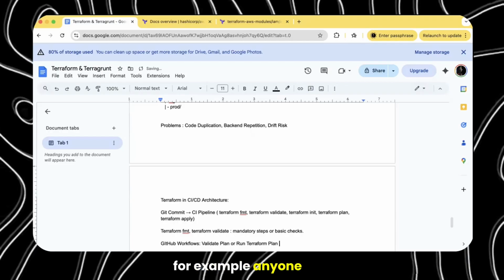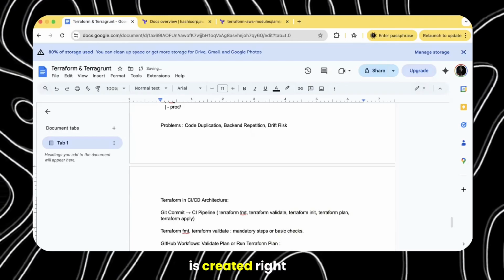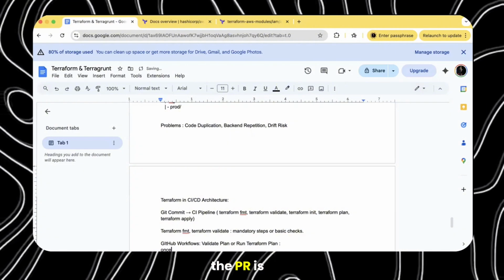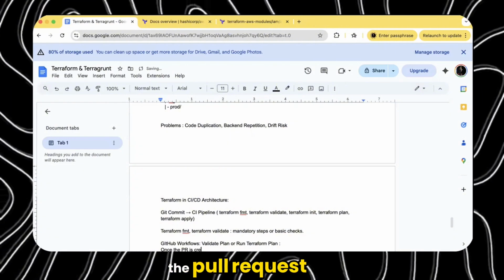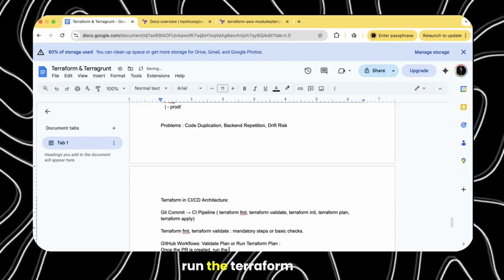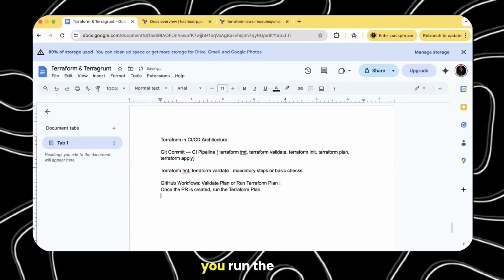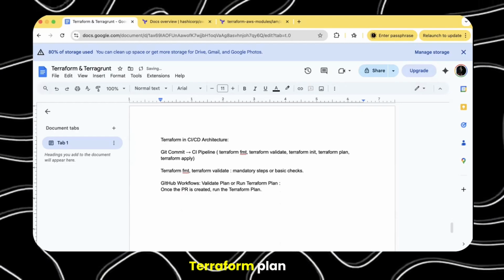For example, once a pull request is created, run the terraform plan first. That means before merging to main, you run the terraform plan.